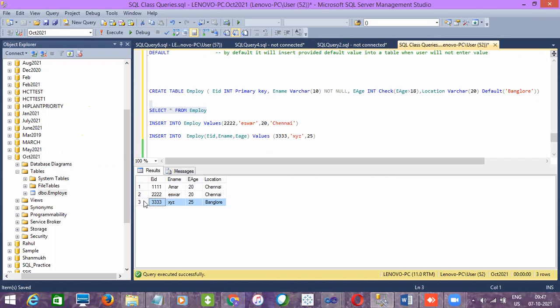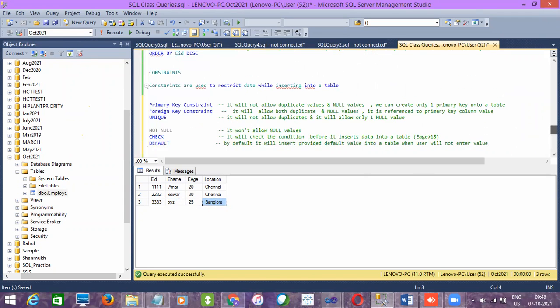If the condition is satisfied, only then will it allow the data to insert. If you use a default constraint and did not provide a value for that column, the default value you provided will get inserted into the table. Example, like we saw here, Bangalore got inserted.